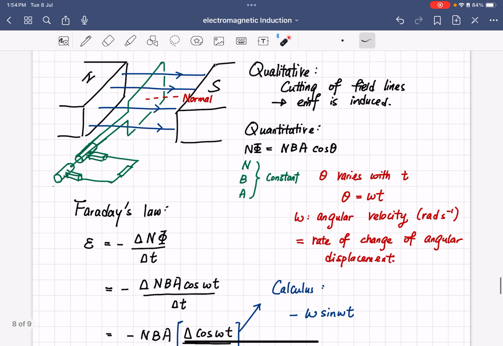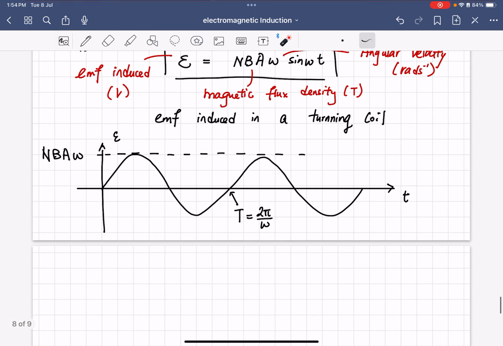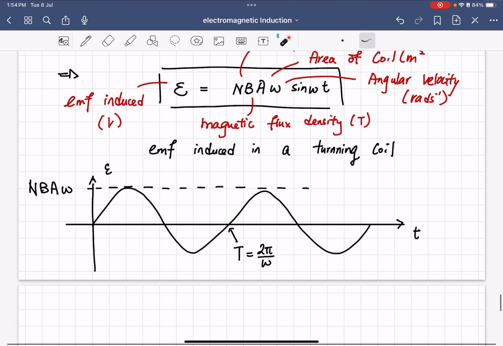And in the last lesson we learned that the induced EMF will vary with time,